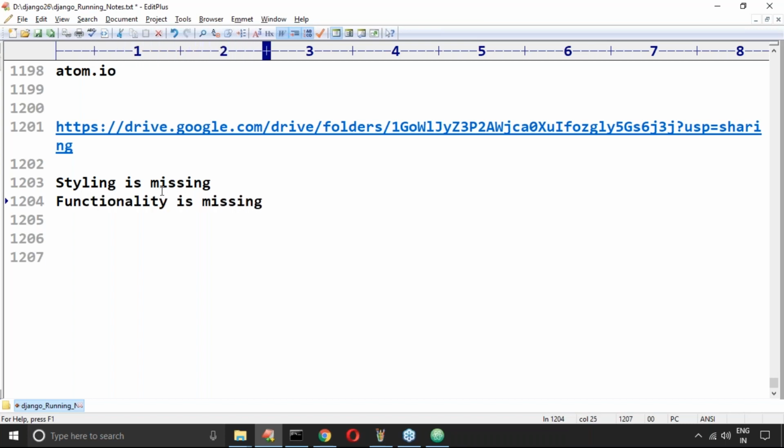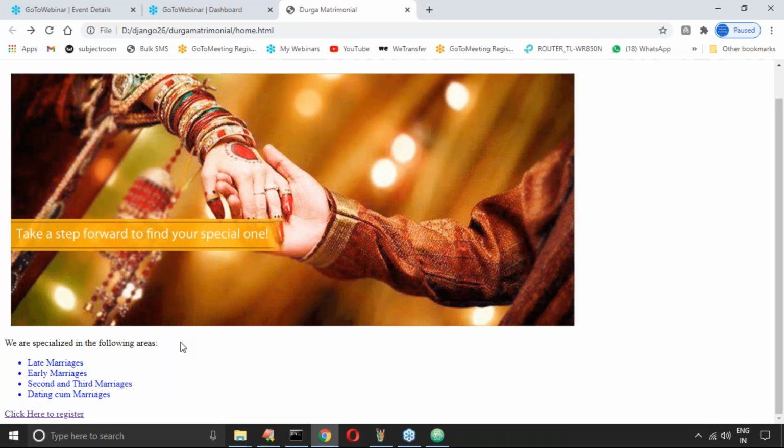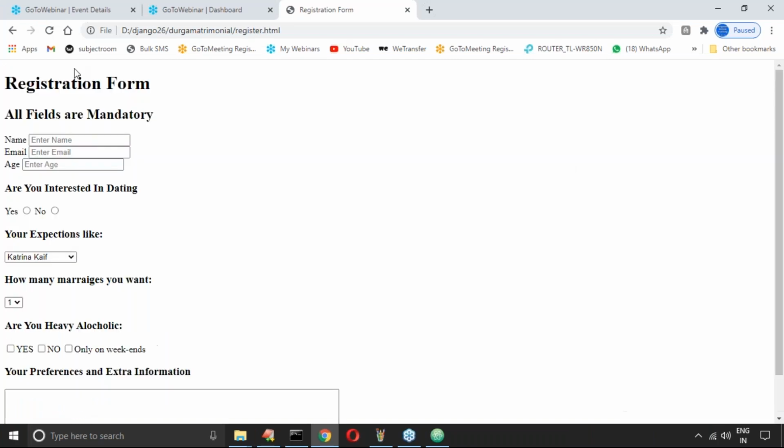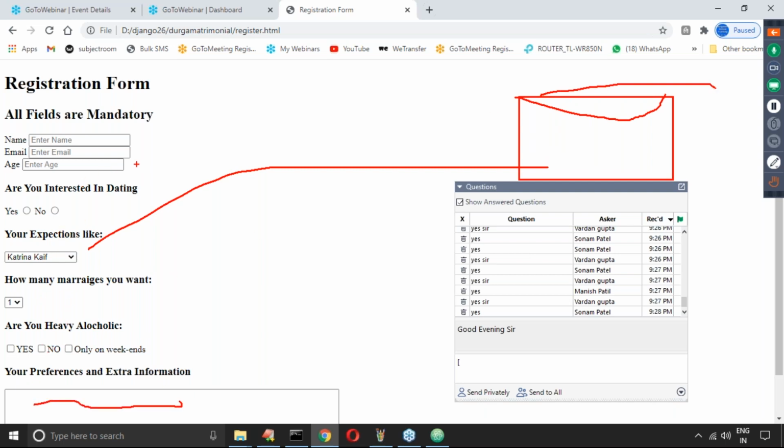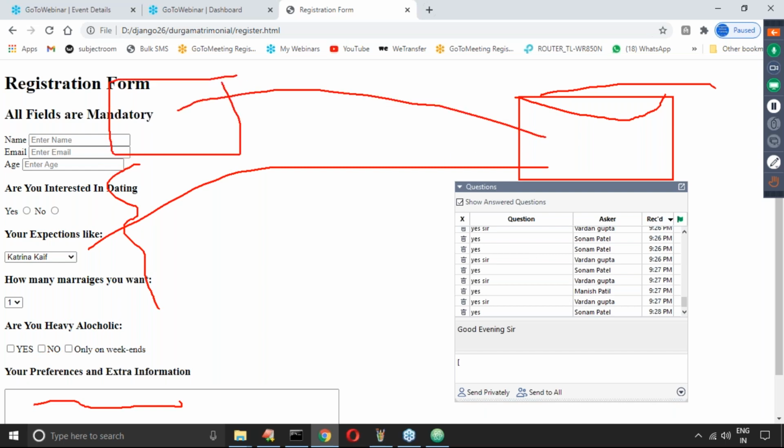Just only screens are coming. Whenever I click this or enter data, this data should be saved somewhere in the database, and based on the data, the corresponding result page I have to display.